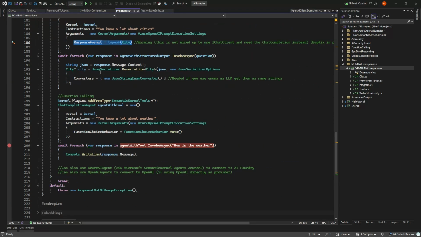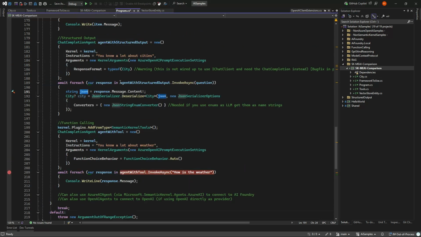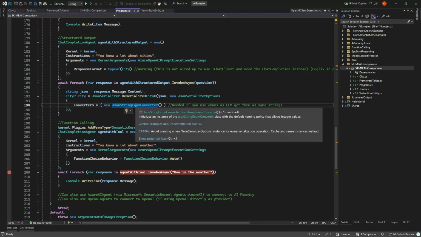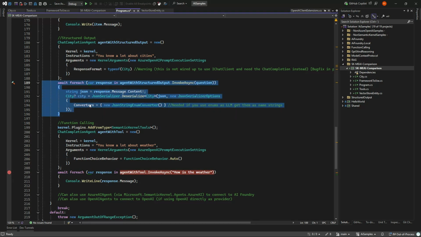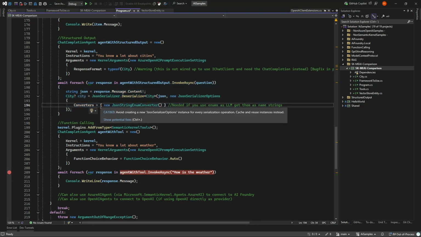Here we need to get it back as JSON, and we need to deserialize it ourselves. Could give some benefit if it's worth it for you to get the JSON directly, but I don't really see the case because you need to remember to do string enum converters and stuff. So it's a bit more funky. I've just packed it away in a helper method, but beyond that, it is a bit more clunky to do.